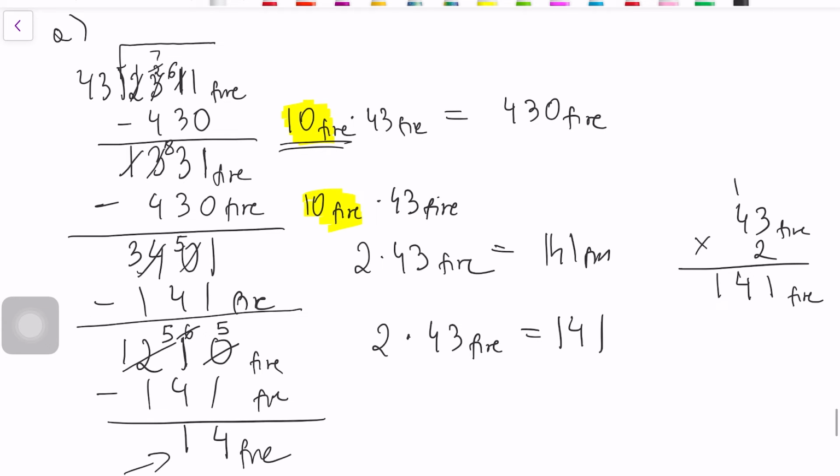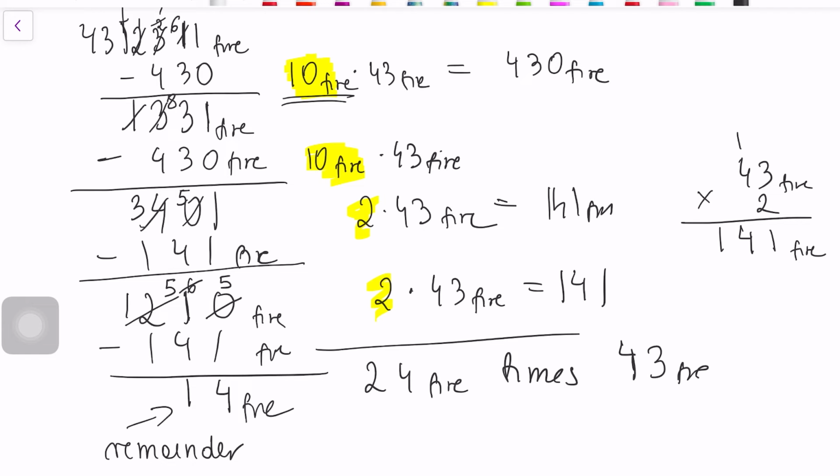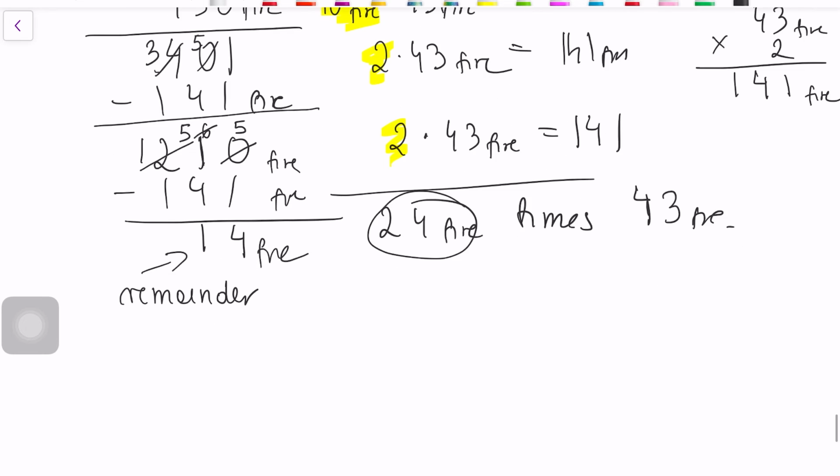So now, what's the quotient? The quotient is how many times in total I fit 43 in it. 24, right? Times 43, okay? So that means that the quotient is 24. Again, that's how many times I fit 43 in the number. And then the remainder